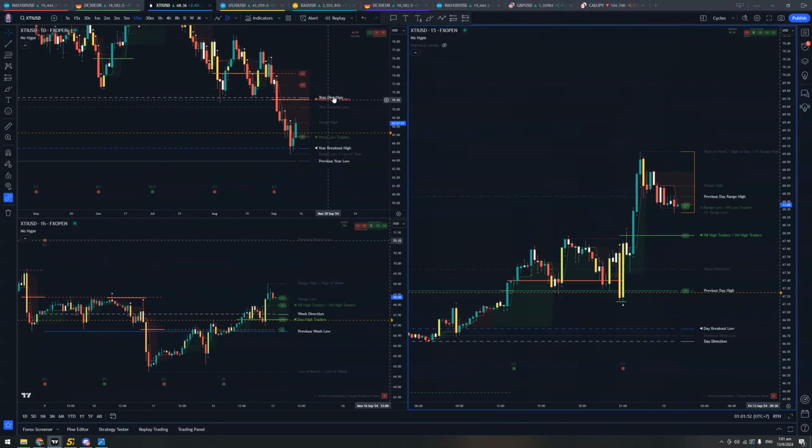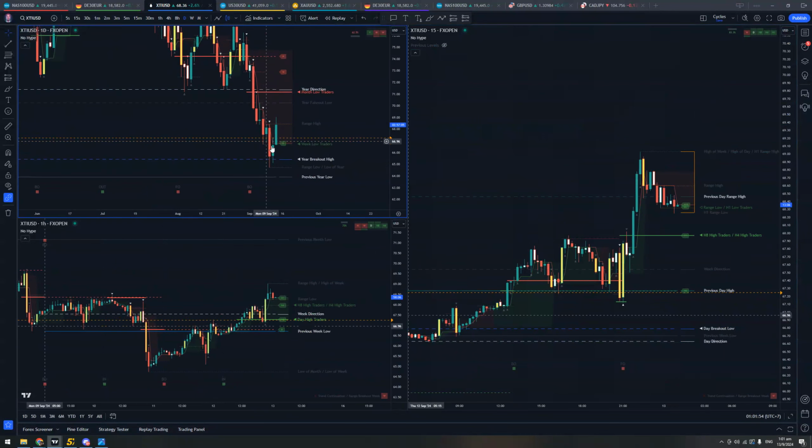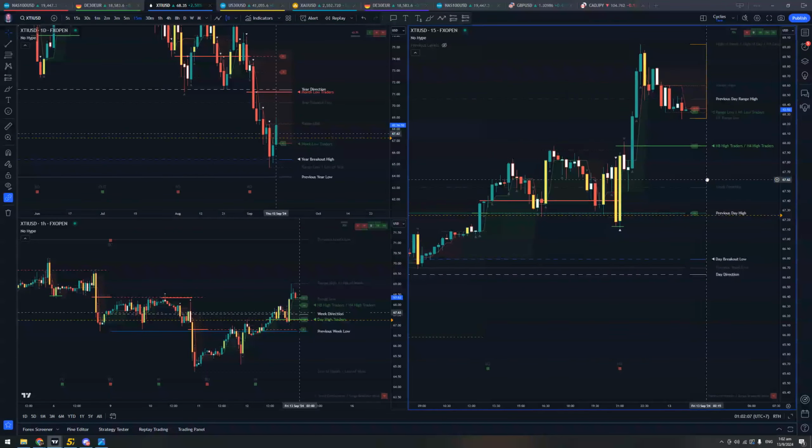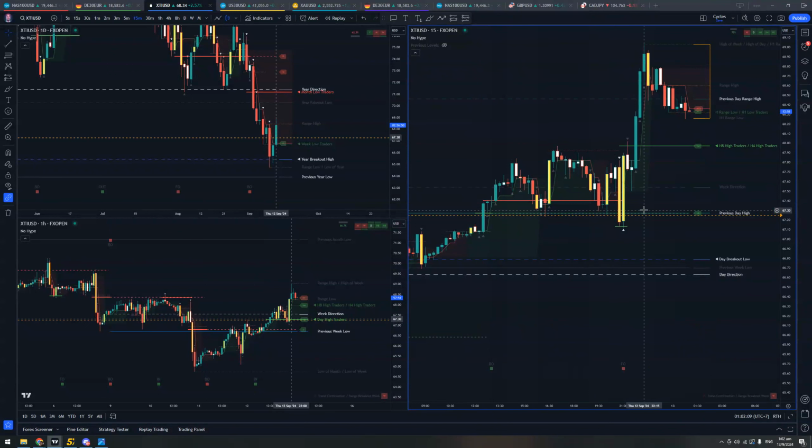Then I took one on oil. No signal day on oil, but it's an inside day. Extend the previous day's highs and lows, and that becomes my range. Yesterday, we faked out the previous week low. So today, I'm looking for low of the day buys. So coming into the session, we are actually above previous day high, similar to US30, and above the H8 high.